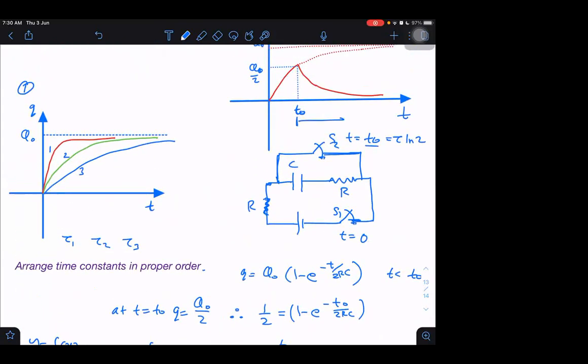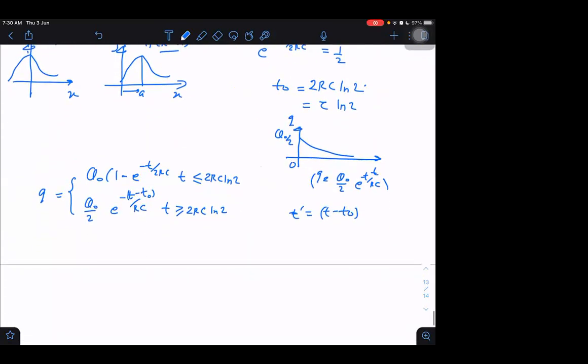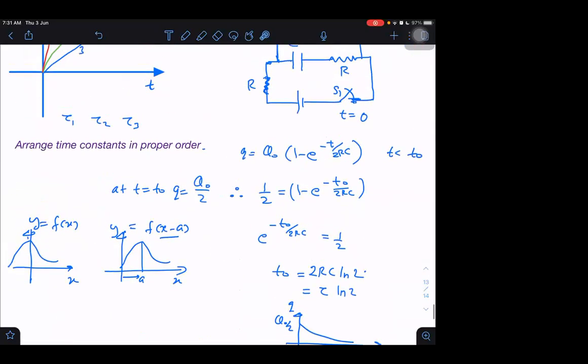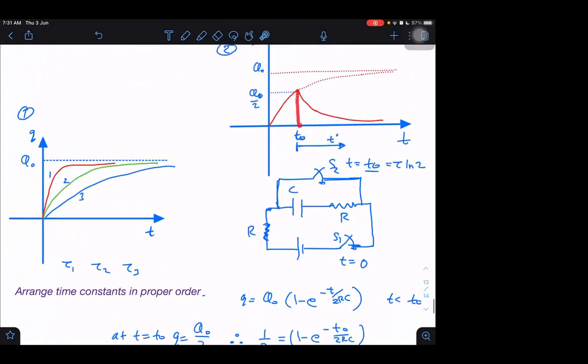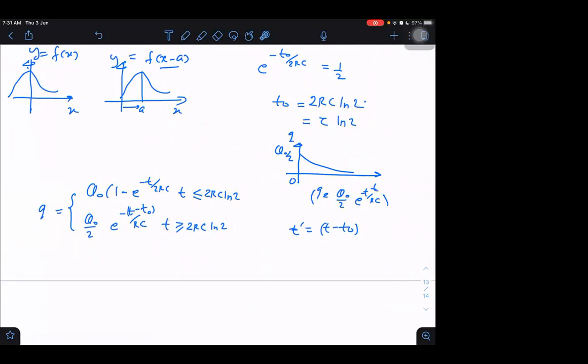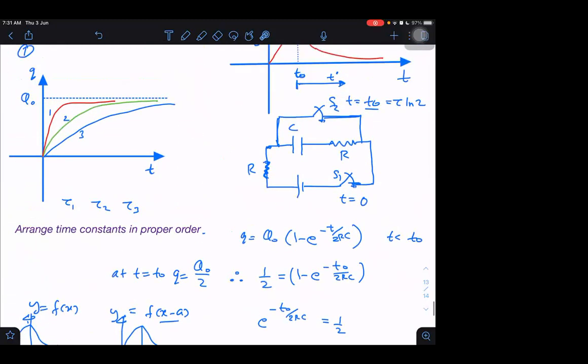Tau in the second case is RC log 2. It has nothing to do with time. It has to do with when I made the change in the circuit. I made the change at t naught. How can that thing change? Sir, I'm not talking about time. Time constant is RC in the second case because it is getting discharged through this, only through one resistor. Current can flow through the ground.